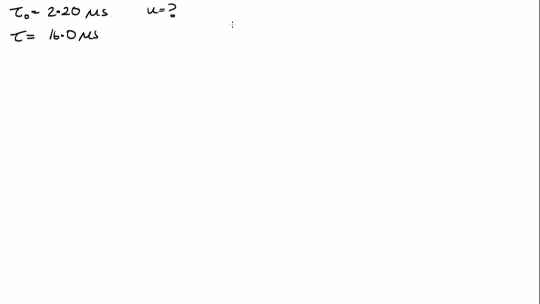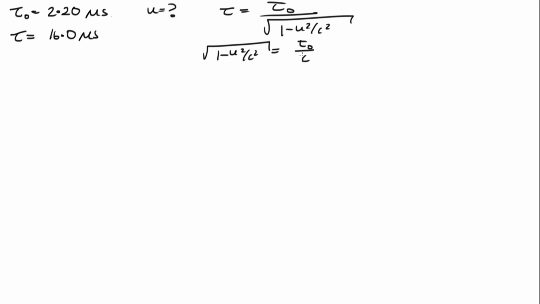So we've seen that we can use the time dilation formula for this, as in the rest frame, the muons are at rest. So we can use our formula that tau is equal to tau naught over the square root of 1 minus u squared on c squared. So let's rearrange this. We have the square root of 1 minus u squared on c squared is equal to tau naught over tau, and so we can square both sides. So when we do that, we will get rid of this square root here,